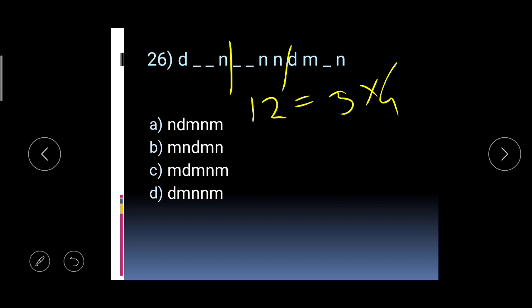The first letter is D, the first letter is D, and the first letter is missing here, that means the first letter is D here. Second letter is missing here. In the second group the second letter is N, and in the third group we can see it is M. So here the M should be there. Here also M should go. The third letter is missing, but the third letter is N here, and third letter is missing here. That means third letter is N and third letter is N.